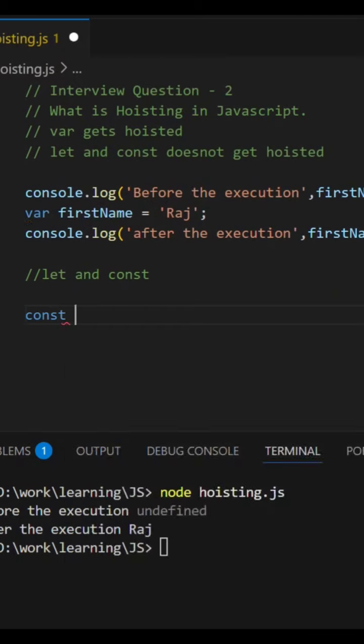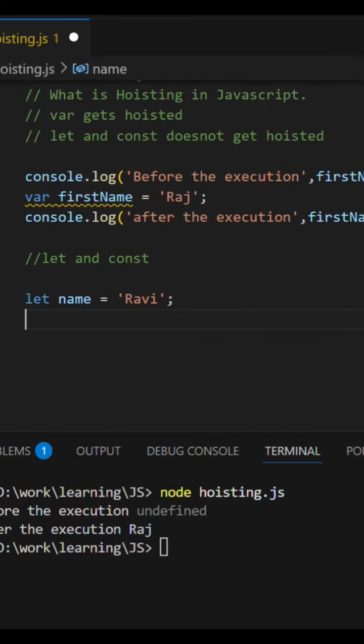Let me declare a variable. Let me declare a variable with let. Let name is equal to Ravi, and now let's try